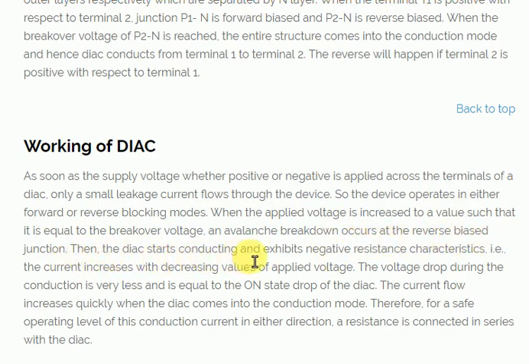Then the diac starts conducting and exhibits a negative resistance characteristic, that is, the current increases with a decreasing value of applied voltage. The voltage drop during conduction is very small and equal to the on-state drop of the diac. The current flow increases quickly when the diac comes into conduction mode. Therefore, for a safe operating level of conduction current in either direction, a resistance is connected in series with it. That means